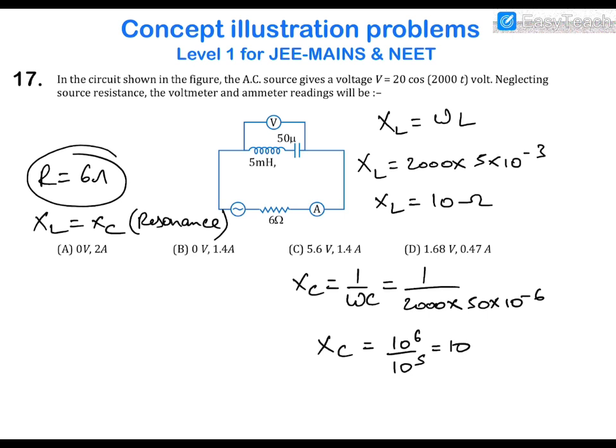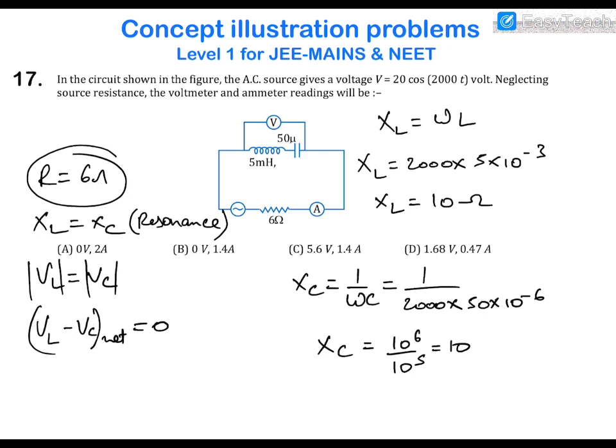So at resonance, we can say that VL will be equal to VC, and obviously they are equal in magnitude, and therefore the resultant of VL and VC, which is VL VC net, will be equal to 0. Okay, so the resultant of VL and VC will be equal to 0. So the reading of this voltmeter, which is connected across L and C, will be 0,